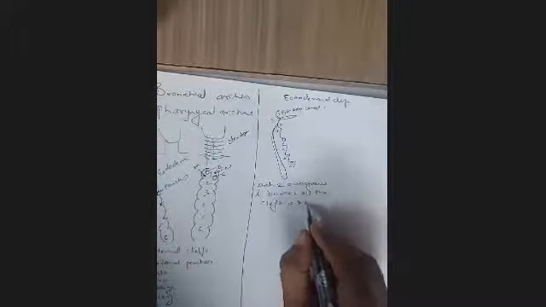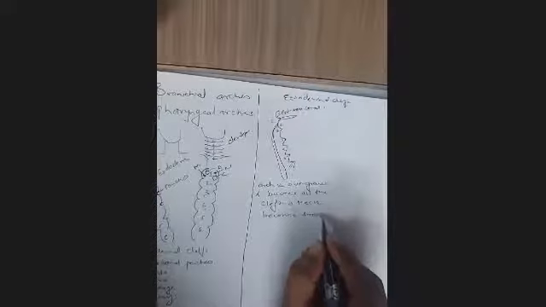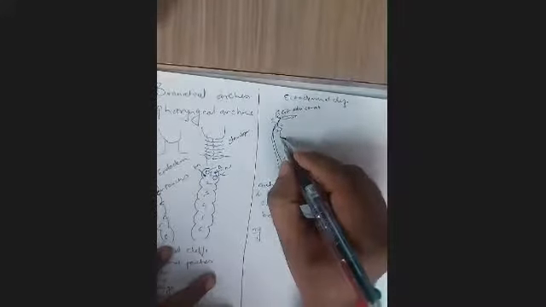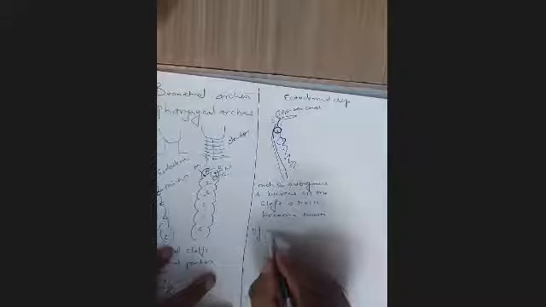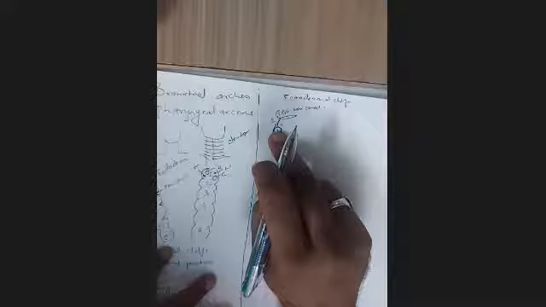And that's how our neck becomes smooth. Otherwise, our neck would have been showing arches like this. The second arch grows and buries all the clefts. If one of the clefts, suppose cleft number 2 or 3, is not buried despite this and remains, this can lead to a branchial cyst. Inside the neck there will be a swelling from birth.